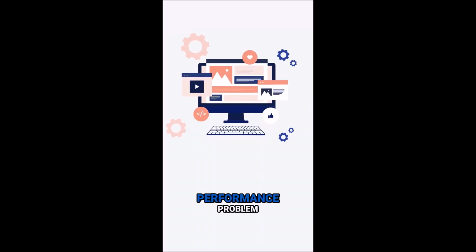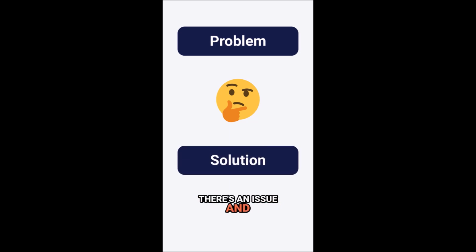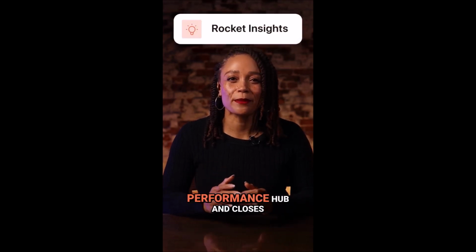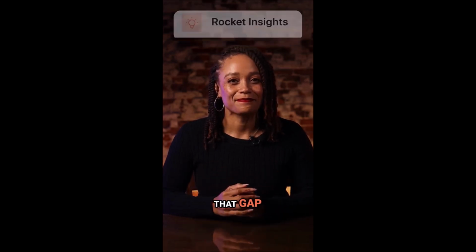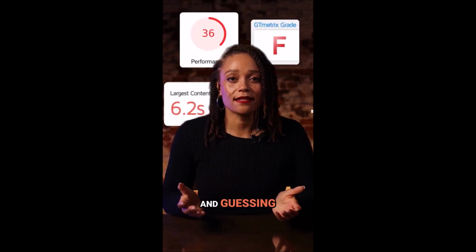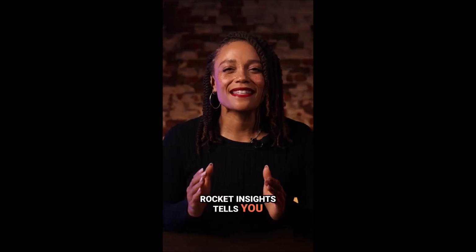Your site has a performance problem. The worst part? The gap between knowing there's an issue and knowing what to do next. The latest WP Rocket major update turns Rocket Insights into your new performance hub and closes that gap. Now, instead of running a speed test, staring at a score and guessing, Rocket Insights tells you exactly how to